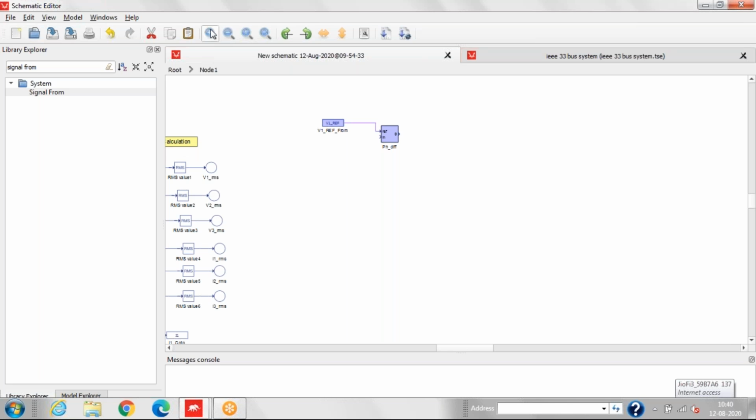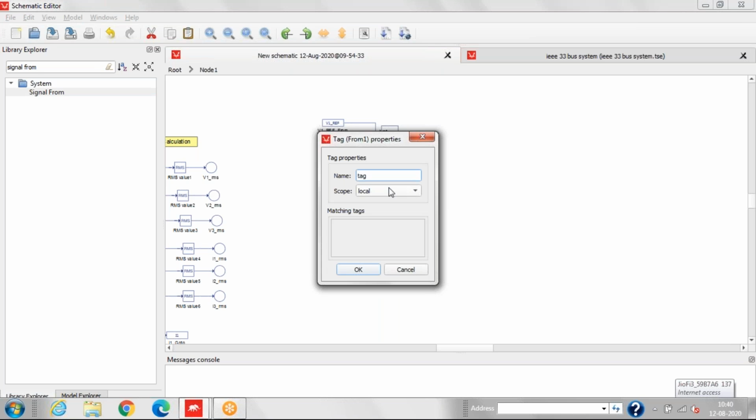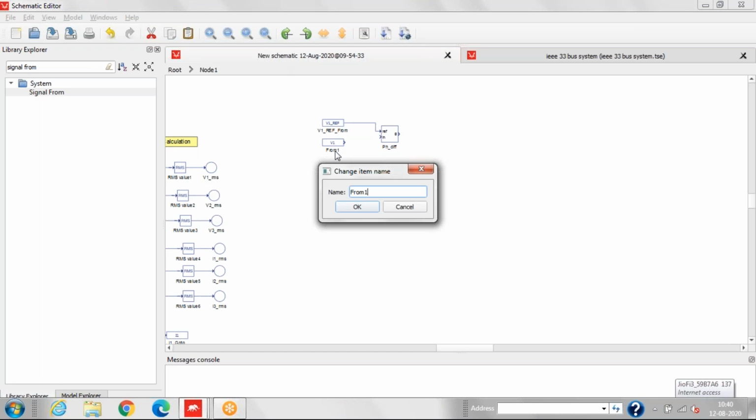Now we'll connect the signal from block. So here the signal will be V1. We'll change the name V1 from.